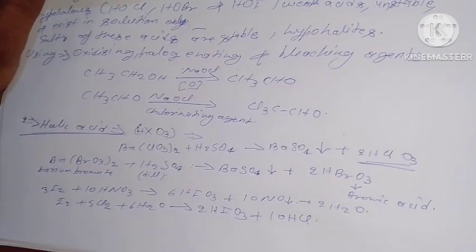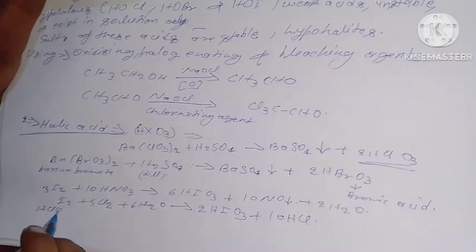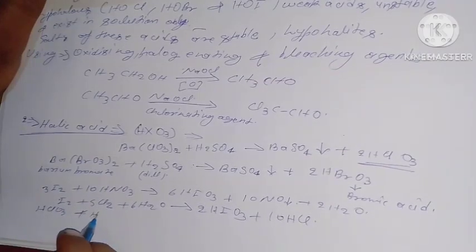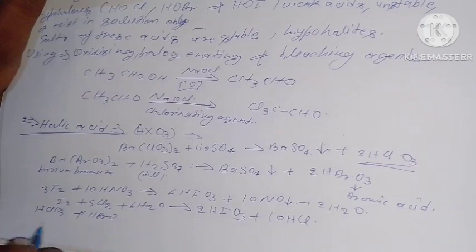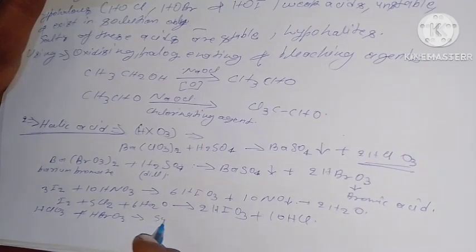Chloric acid and bromic acid, HClO3 and HBrO3, are known in the form of solution